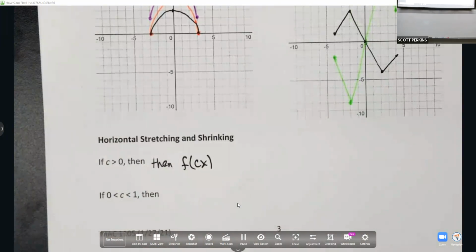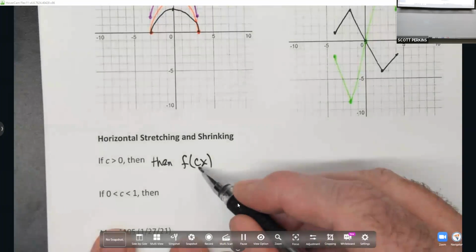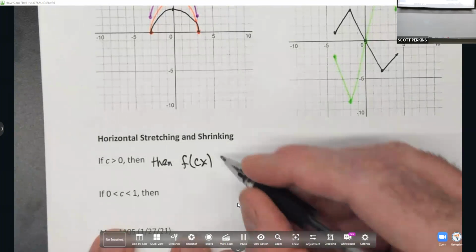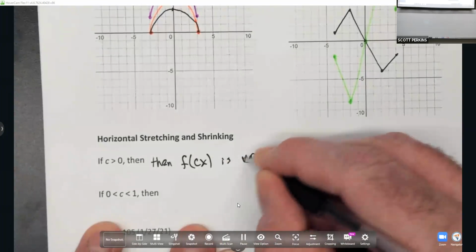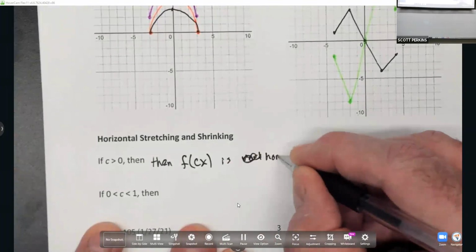Here's the only thing you have to remember, and it's the same thing as for the translations. This does not mean multiply all the x's by c. It's the reverse. So f of cx is, excuse me, it is not vertical, it is horizontal,